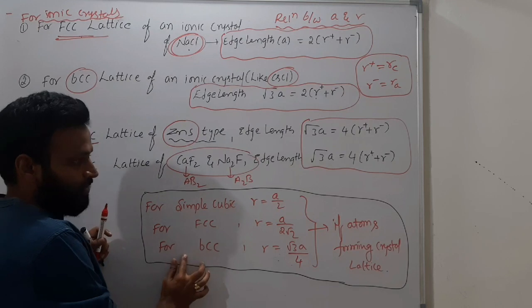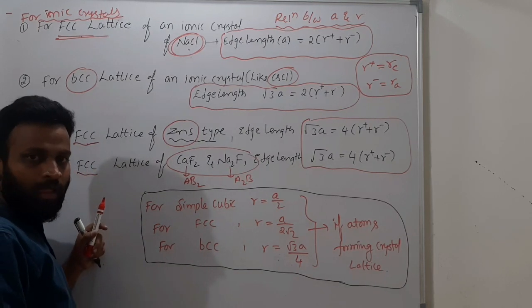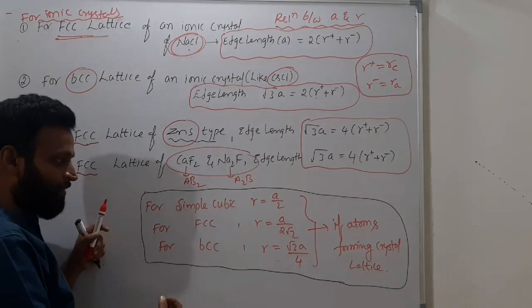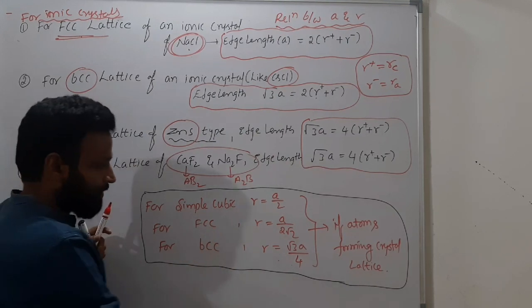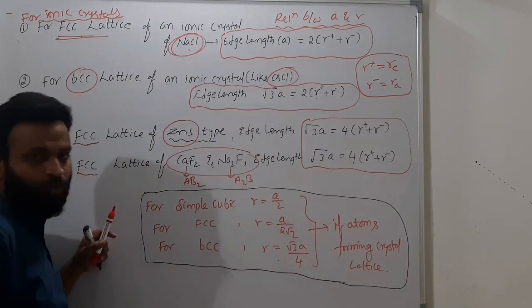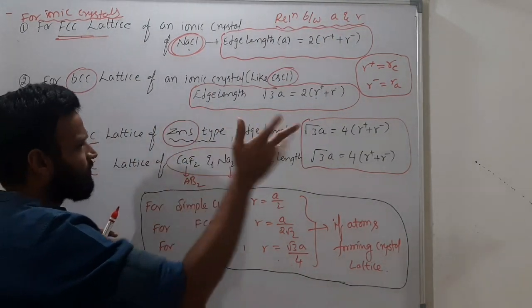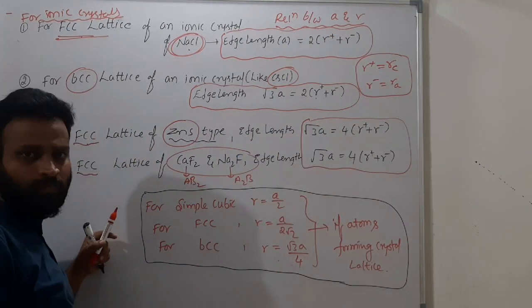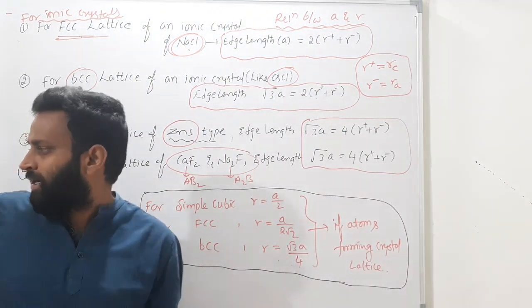When we have to use these: for an atom like silver forming BCC, if they give that, you have to use this one. A crystal lattice where atoms have a BCC structure, radius is equal to root 3a by 4. Or for NaCl like structure, a is equal to 2 into (r plus + r minus), that's it. Take a screenshot and write down all these things. Otherwise, pause and write down all these things.